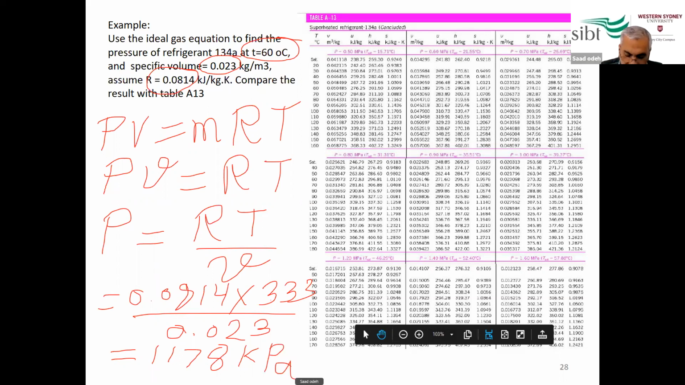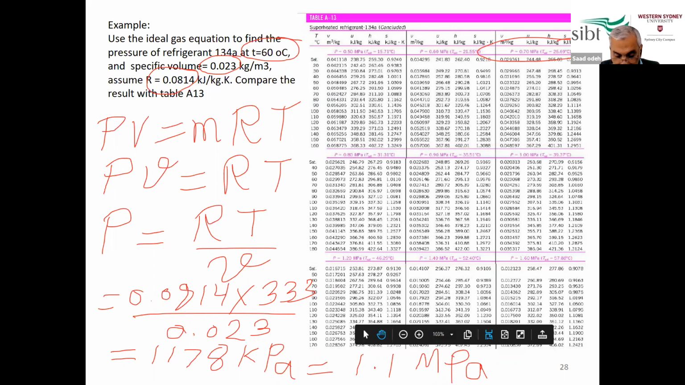Okay, now let's check this. If I have the pressure 1178, it means if I go to this table that gives me the pressures in megapascal, I need to divide the result by 1,000. So this will be 1.1 megapascal, right? So if I compare this now with what I have in the table,